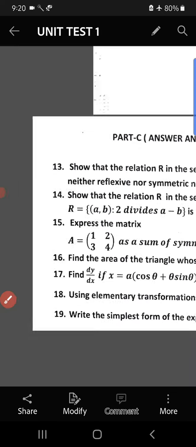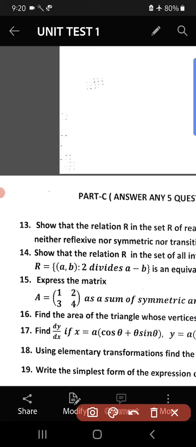Okay, so observe this. In this session we have covered some of the questions here. See, the 13th is over, the 14th is over, the 15th is solved, the 16th is also covered here. The 18th also we have covered. So let us continue to solve some more problems in the next session.